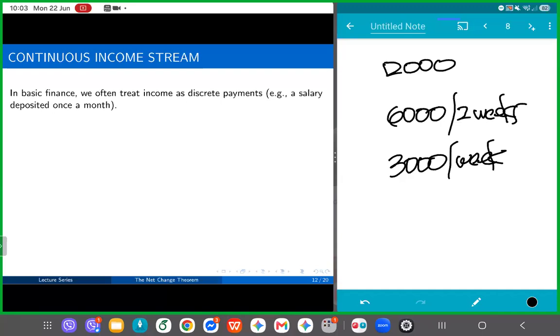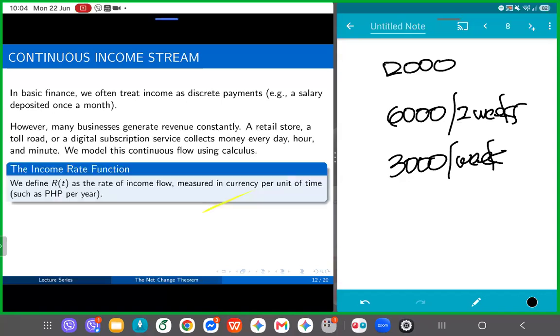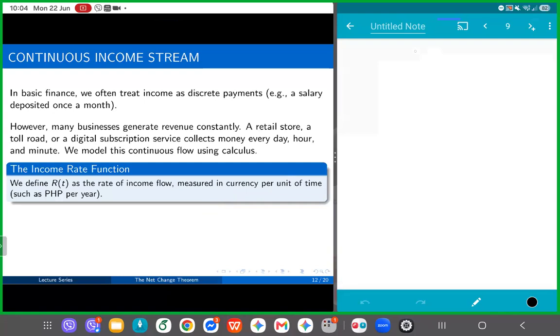But what if it's continuously being given? Does it have any sense to that? Well, of course, literally, no, but mathematically, yes. So what if the income stream is continuous? How do we calculate the change in the income? We have the income rate function, which gives us the rate of flow. Let's say this is the income flow,